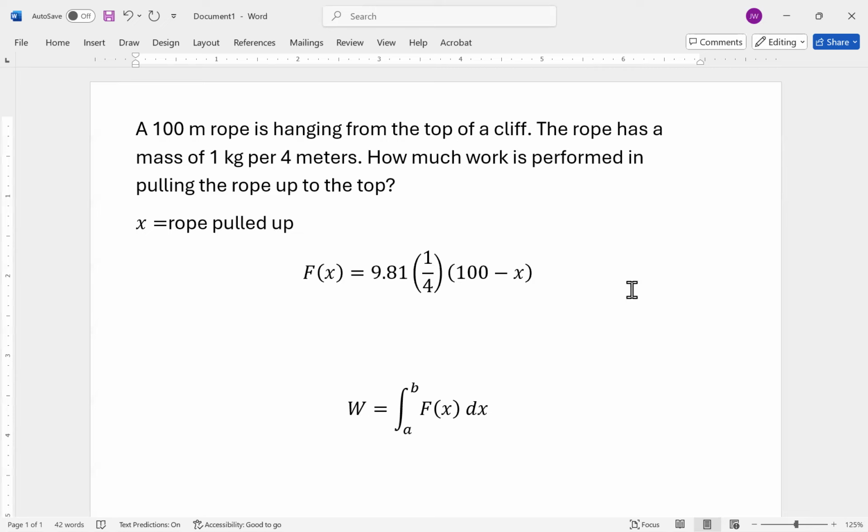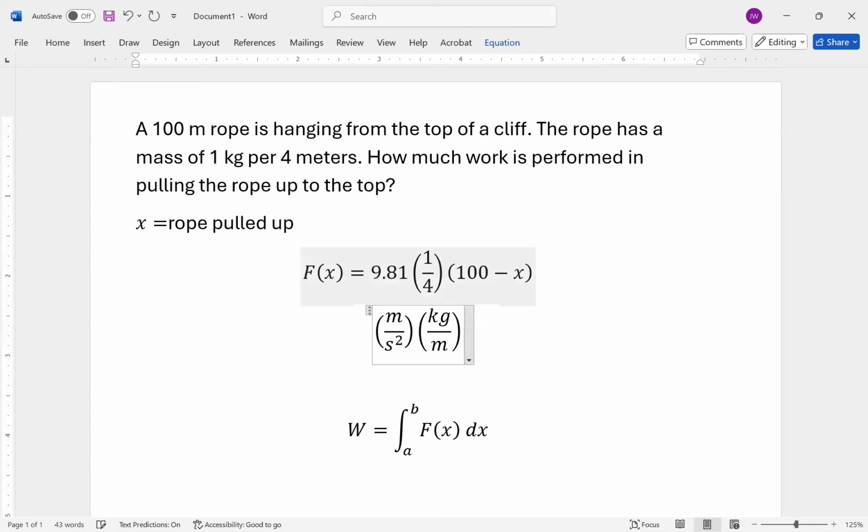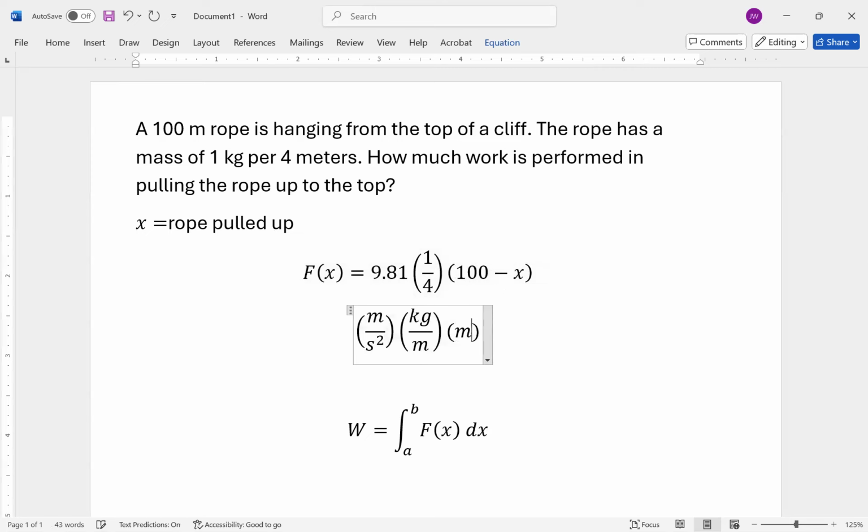By the way, oftentimes you can kind of check what's going on here by using the labels. The gravity constant is in meters per second squared. The weight per meter is kilograms per meter. And then this is how many meters of rope is hanging. So that's in meters. If I multiply all of those labels, you'll notice that what we get